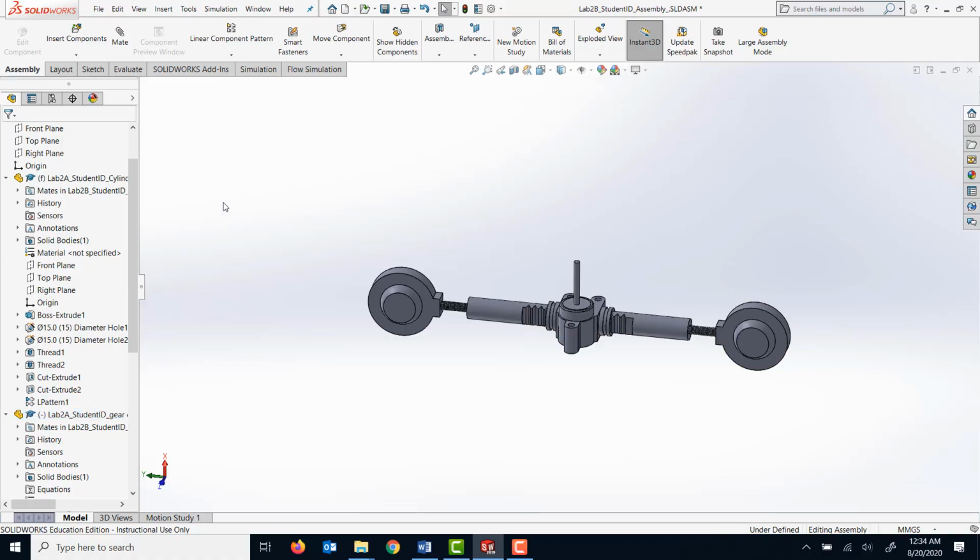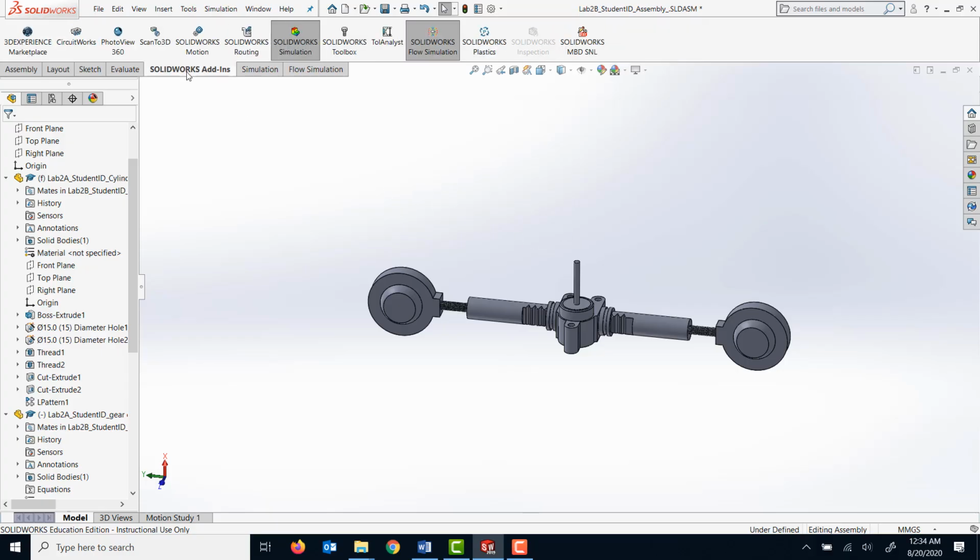So in SolidWorks, as you have for your lab 1, you have been introduced to the motion tools which are available in SolidWorks. In this study, we will do a little bit more than what we did in lab 1. So first thing first, to bring in the add-in, click on the SolidWorks add-in tab,